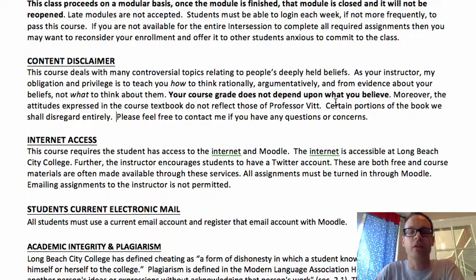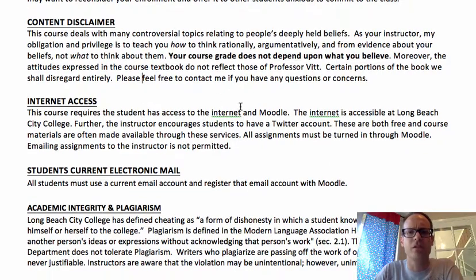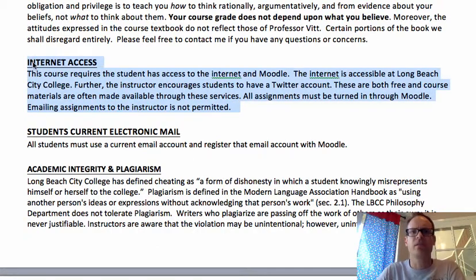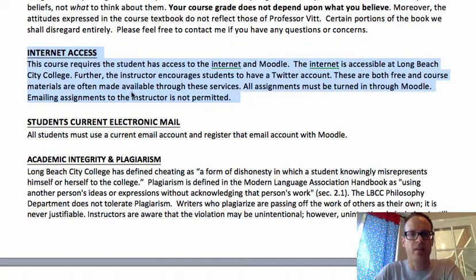Smith talks a lot about his own views concerning world religion and so forth. That's really a different course. It's not really part of the scope of this course. So don't feel that you're tested on that in any respect. Internet access, obviously, for an online course is going to be super important. So you must have internet access in order to pass this class.